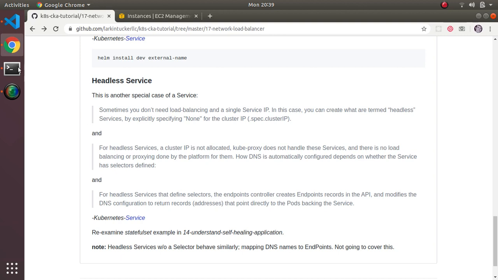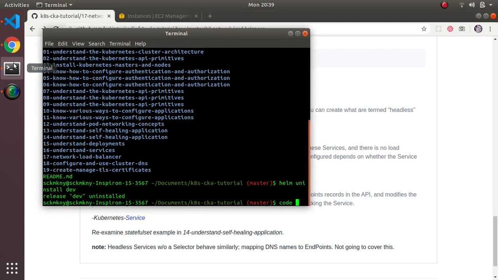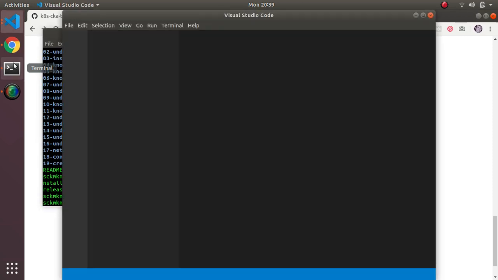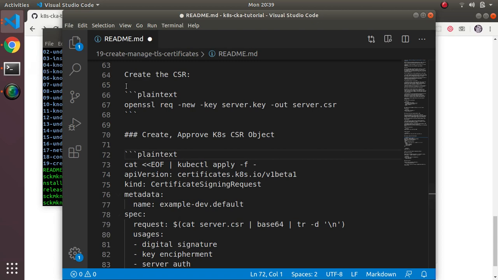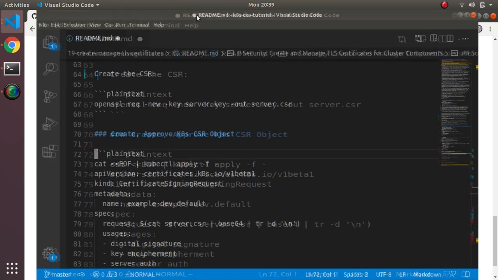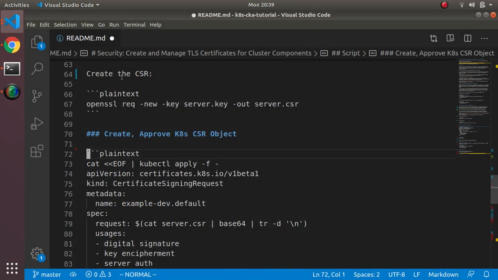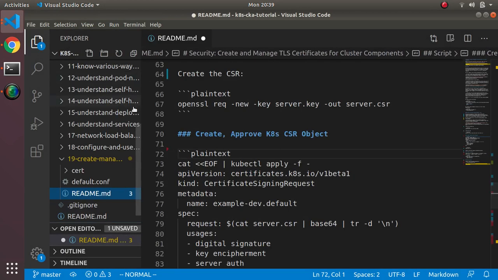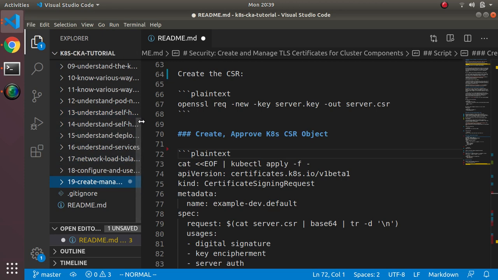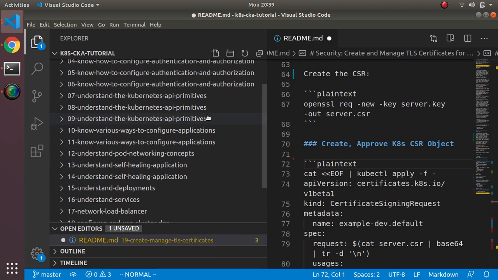Okay, so let me go back to here, and we look back. I think that was under, I can't remember where that's at. I don't know what I saved here. I'll leave that unedited for now. Let me go back and let's see, where were we? We were under the